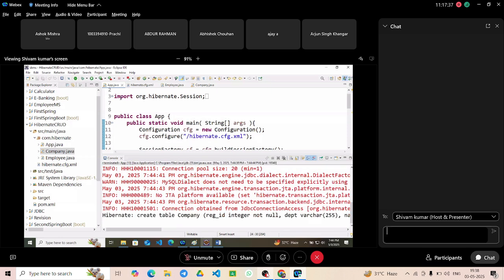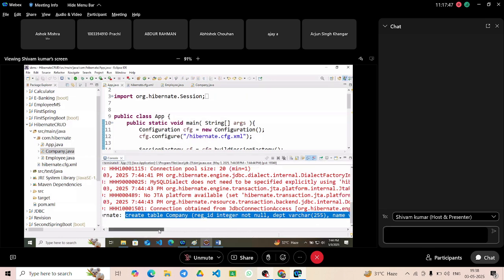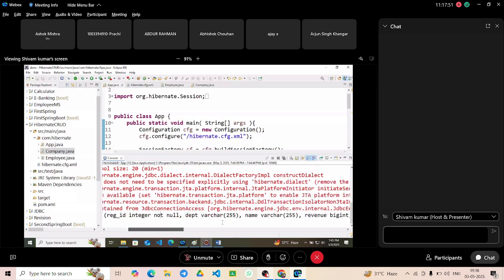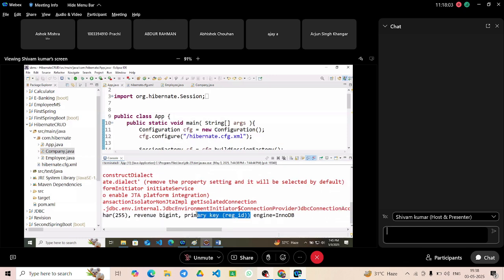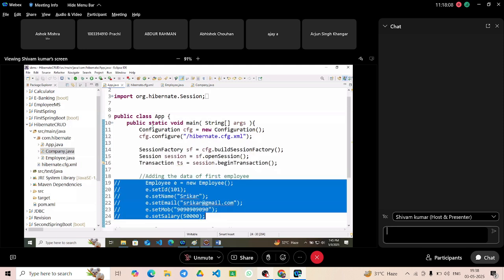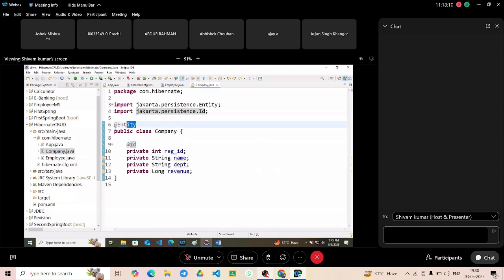So here we just wrote the @Entity and @Id and mapped. So: create table company, registrationId integer not null, department varchar 255, name varchar 255, revenue bigint, because I have kept long for the revenue. Primary key is the registrationId. The table is created. So over any class, if you just write @Entity,